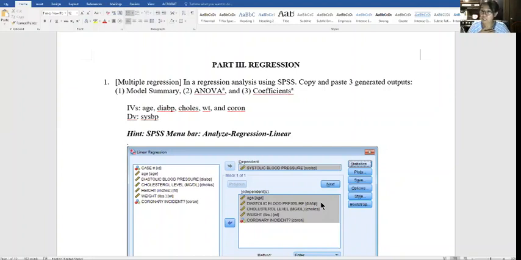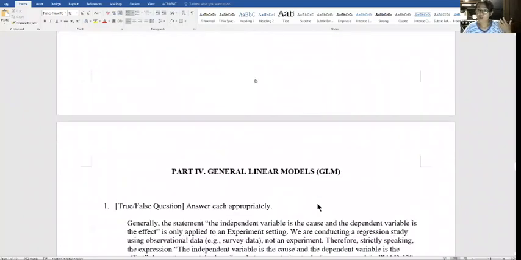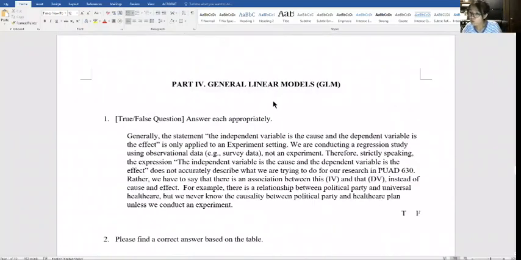But I am kind of a lazy person, so I don't want to do the manual conversion of variables. If I were you, I'm gonna use the GLM function rather than the regression function. The GLM menu can automatically deal with the categorical variable as dummy variables. So we don't need to change that into multiple dummies, okay? But the output shows the separate dummies, categories in the output, okay?